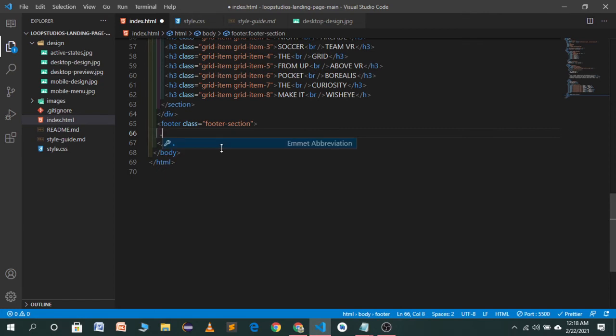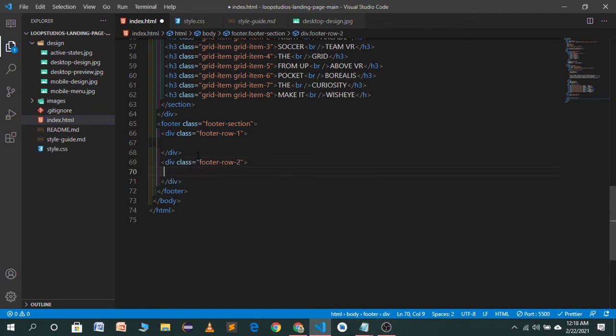First one will be a footer-row-1, or we can just use one. The second one will be a footer-row-2, and in the footer row 1 we have our logo, in the images folder, and the next part is this social-container.